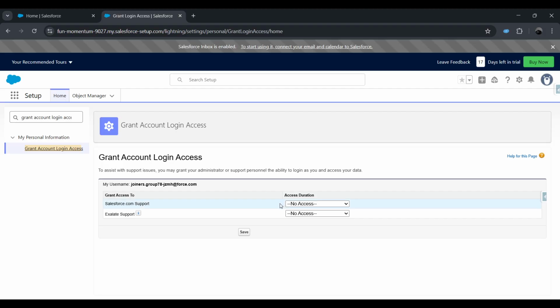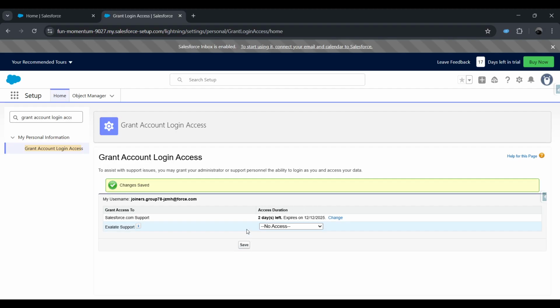Under the section labeled Your Company's Administrator, you'll see a drop-down menu where you can select a duration. Choose an appropriate time frame such as 1 week or 1 month, depending on how long you need this access to remain active. This setting determines how long the admin access will be valid before it needs to be renewed. Finally, click Save to confirm your selection and activate the admin login access. And that's it. You've successfully configured Salesforce to allow administrator access to user logins with your